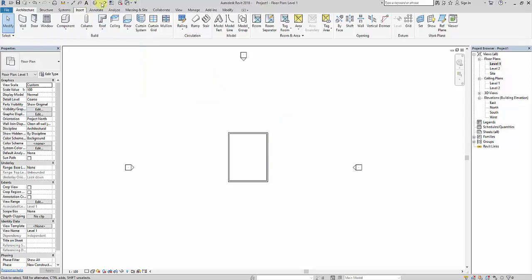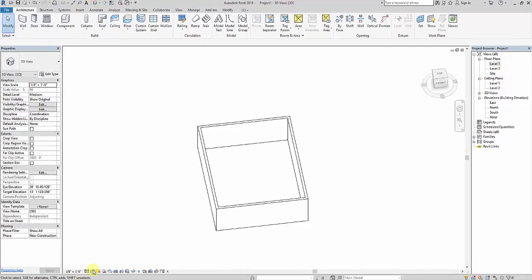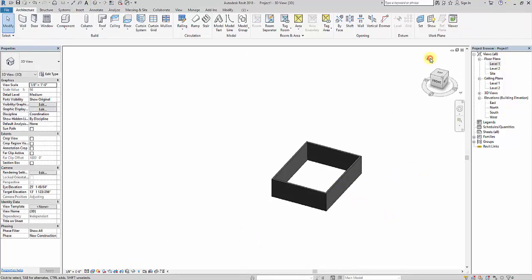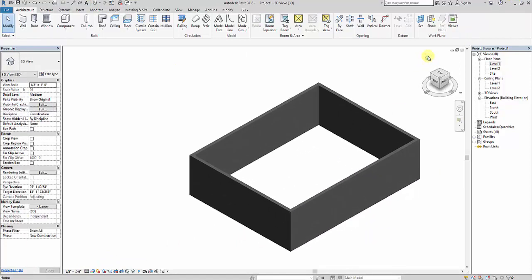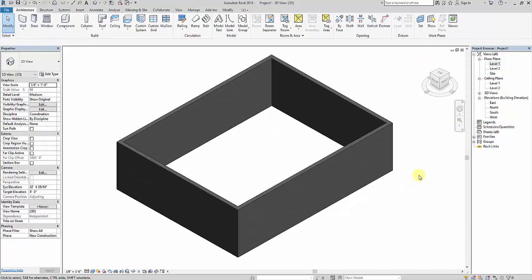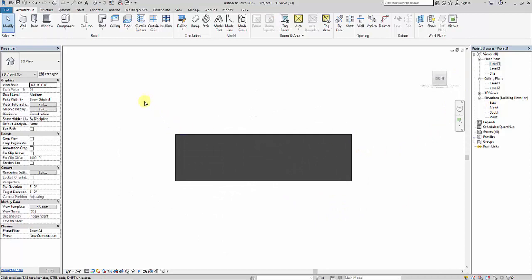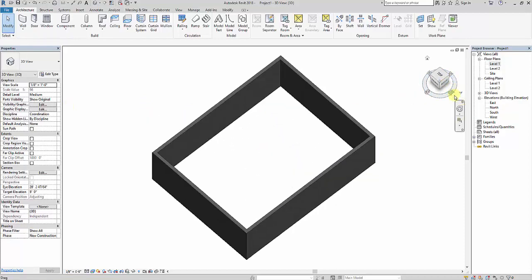Here I have taken 4 walls. I'll go to 3D, and first I have to decide from which side I want to draw the path of the roof. I'm not going to go to level 2 and draw the roof there. I'll go to one of the elevations and draw the path of the roof. Suppose I want a one-sided roof in this position. I'll go to the east elevation here.